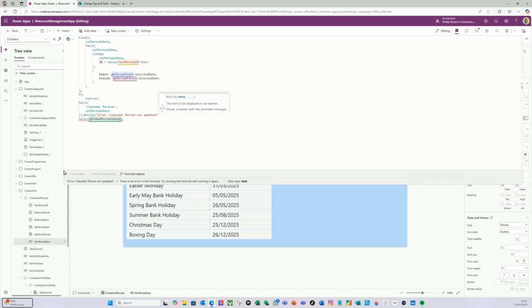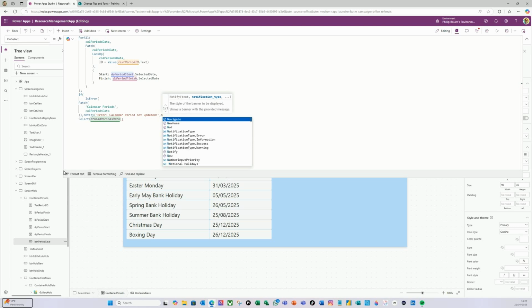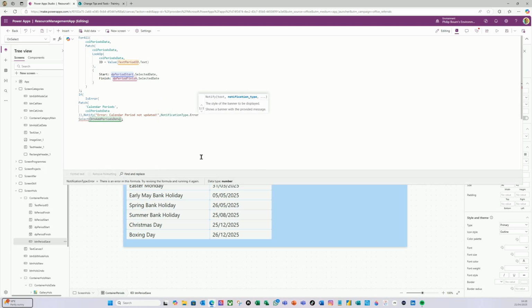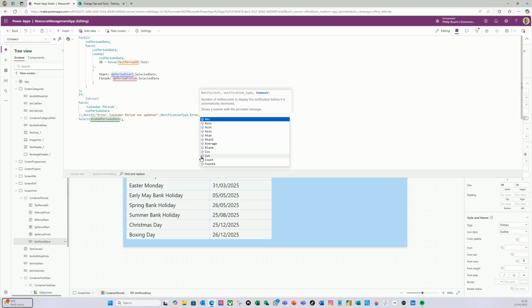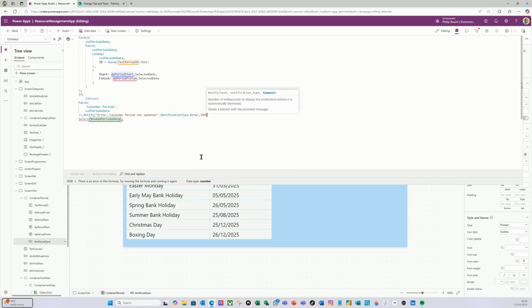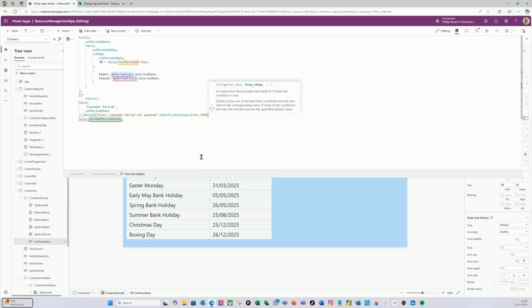Like quotation marks. The notification type is going to be an error. And let's just do it for 3 seconds and close that. Otherwise,